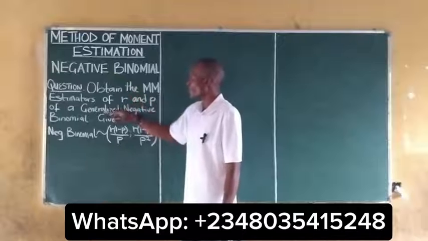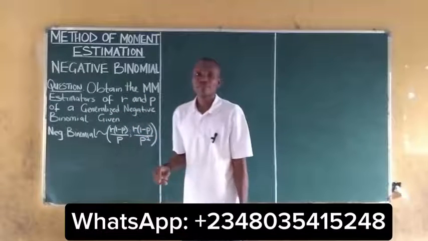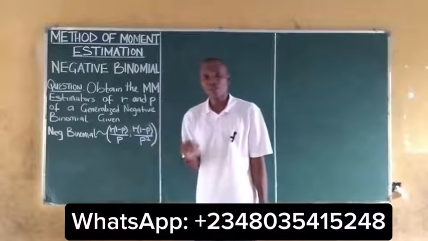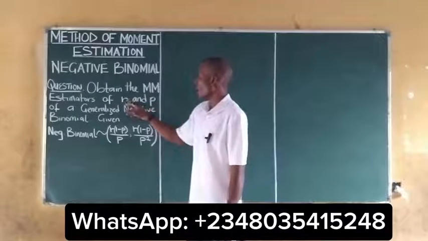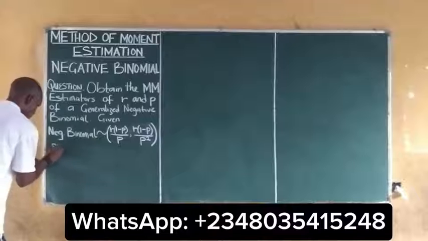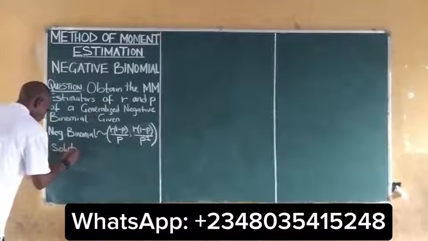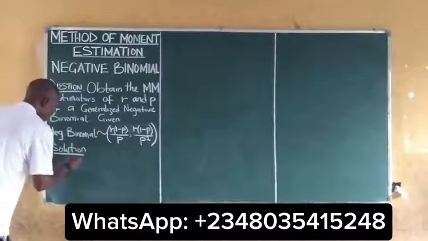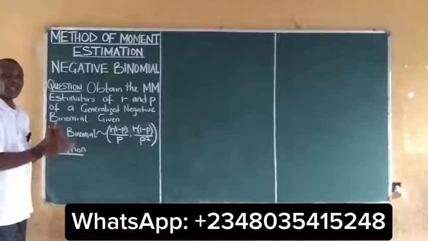We are given an equation on negative binomial, and we are asked to find the method of moment estimators r and p. Solution. We should note that for the method of moment,